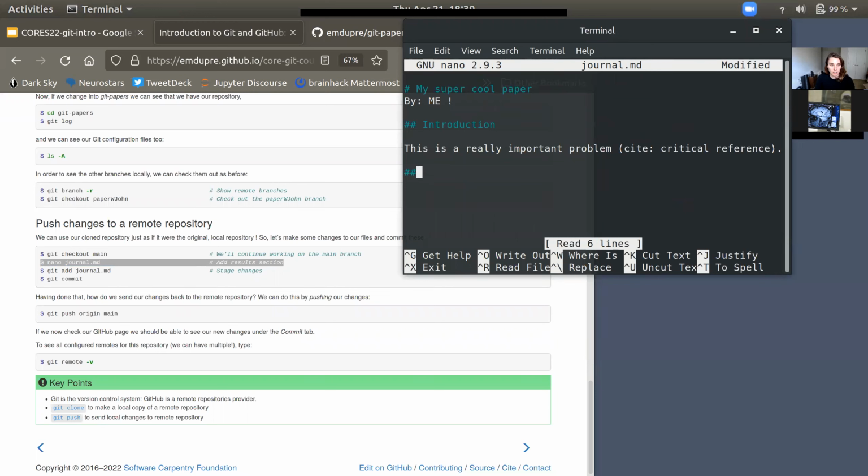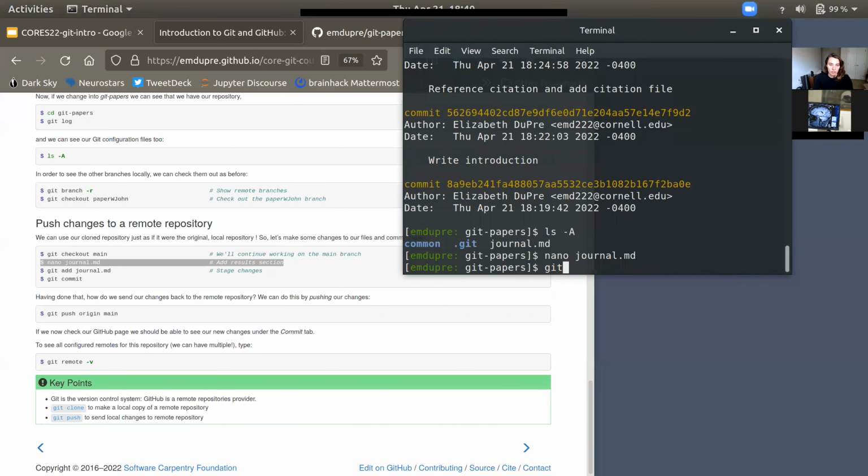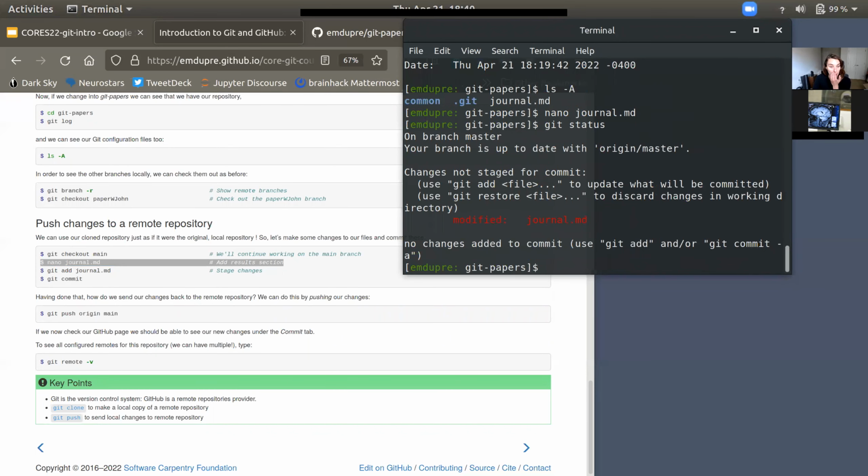And let's add a results section. Something really compelling. All right. So if we run git status again, just to see what we've done, as before, you can see that we've modified this file. So it is being tracked, but Git knows there's a change that we haven't added or committed yet. So if we git add journal.md,